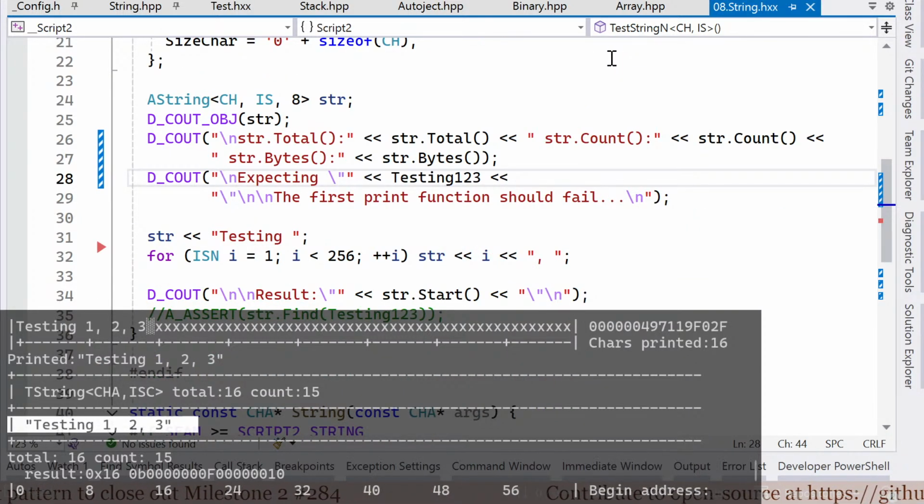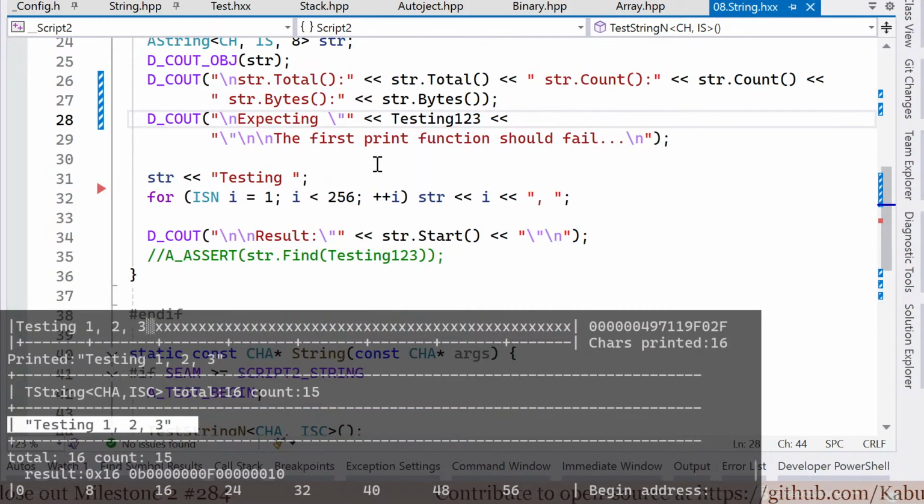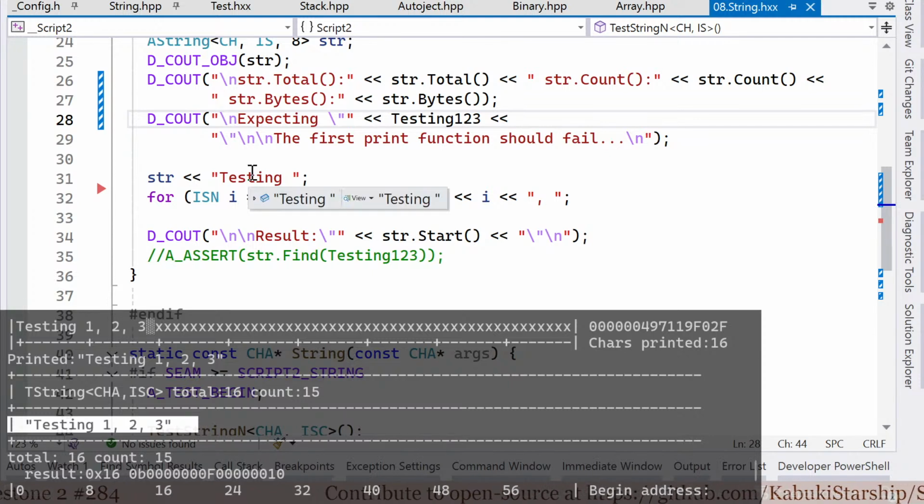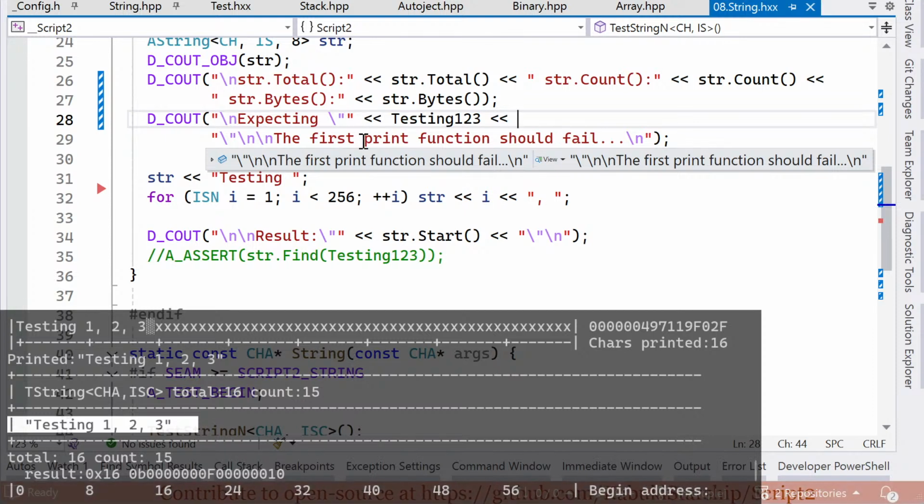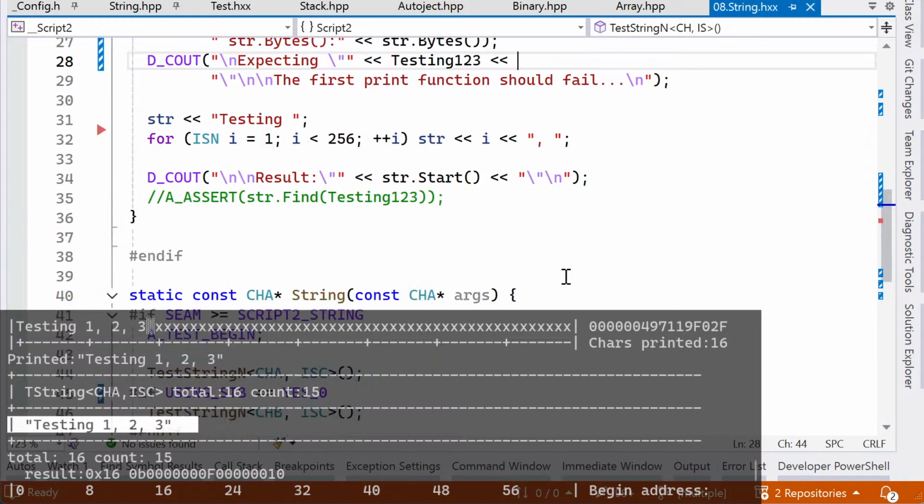The first print function should fail, but it didn't. How did this work? This is where testing 1, 2, 3, 4. So 1, 2. I mean,